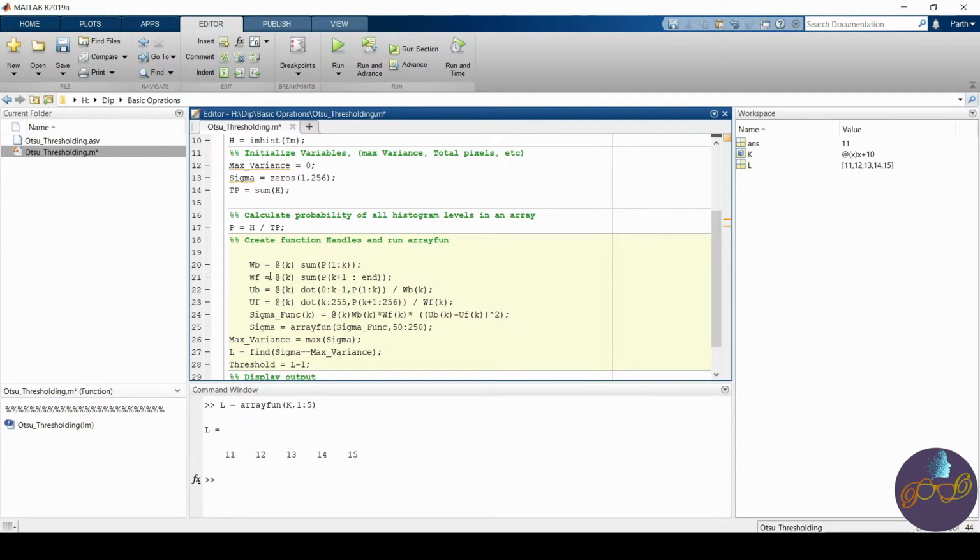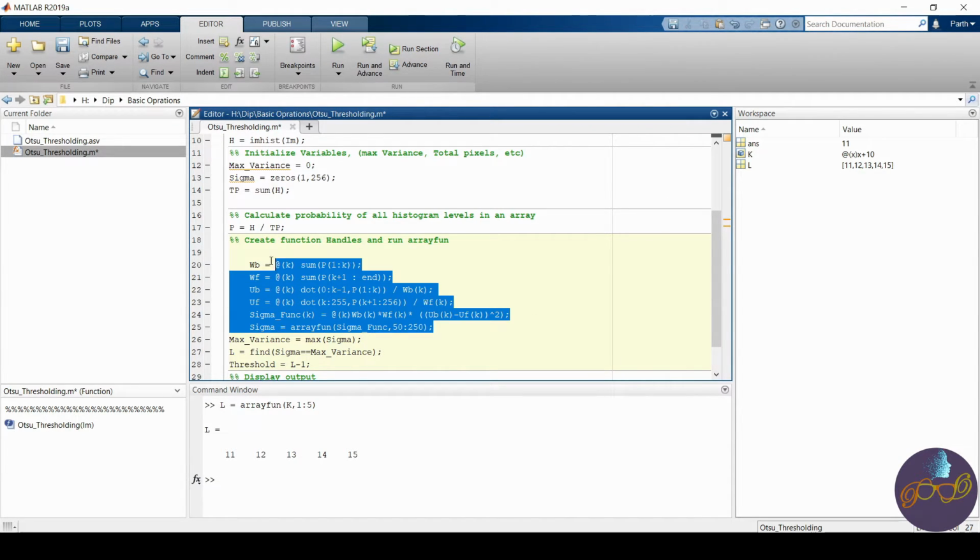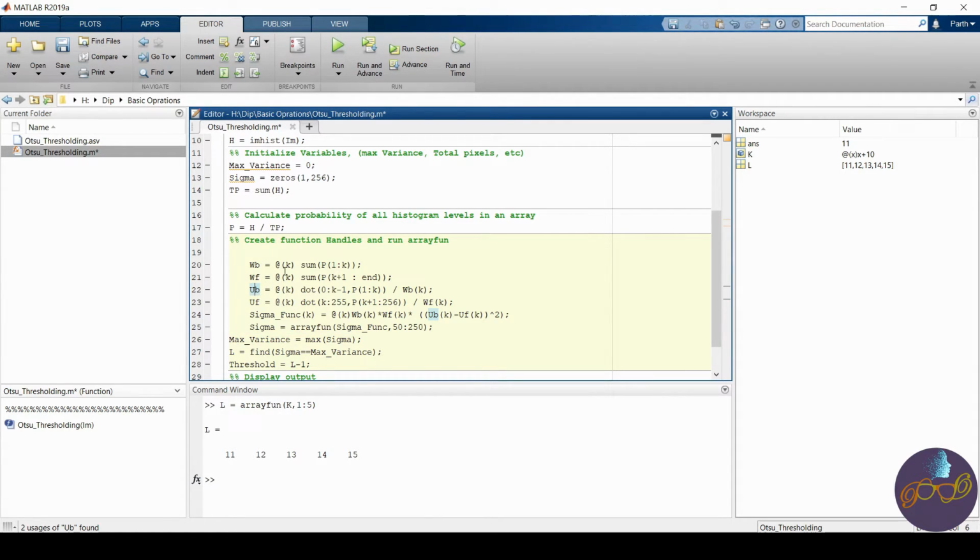There is one major thing to notice here: all these function handles are linear functions, I would say. They only use one variable k. If there are two variables, suppose f of a, b equals a into b or a plus b, or anything which consists of two variables, then the replacement of arrayfun is bsxfun.